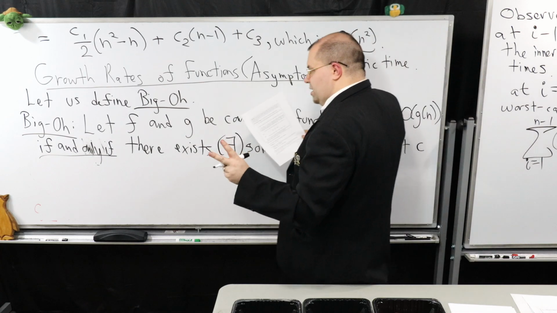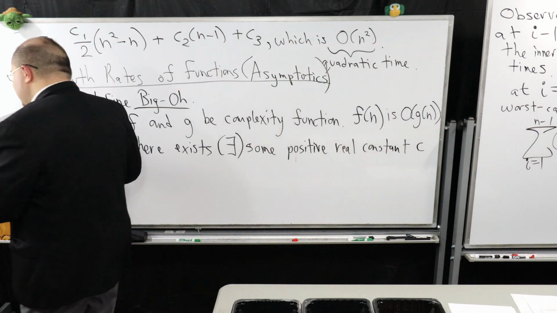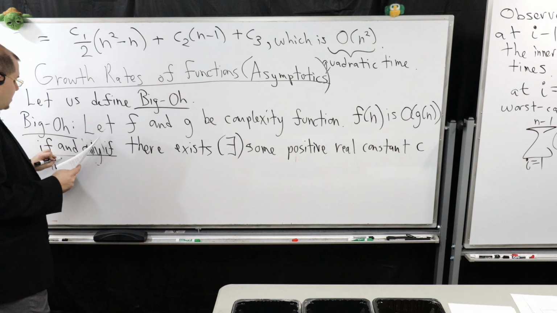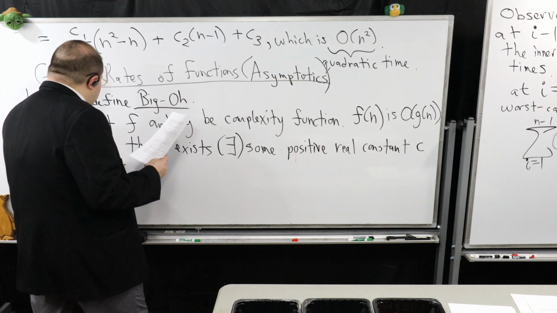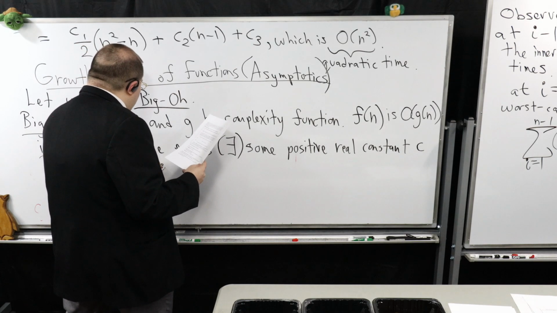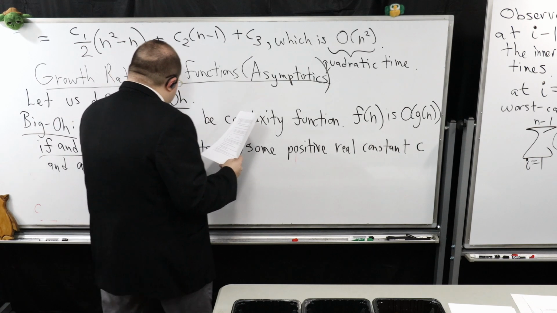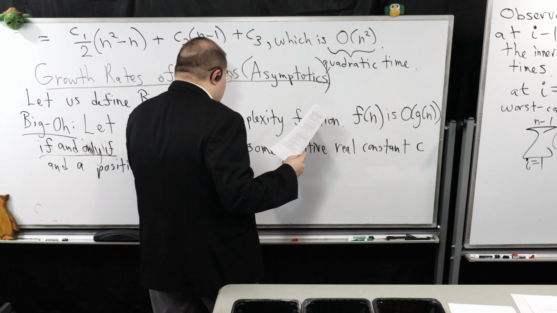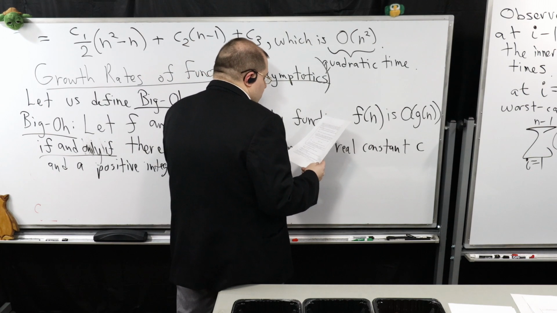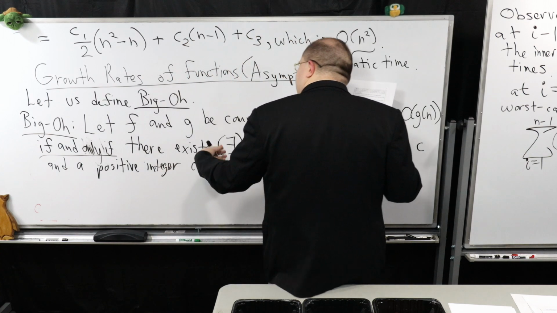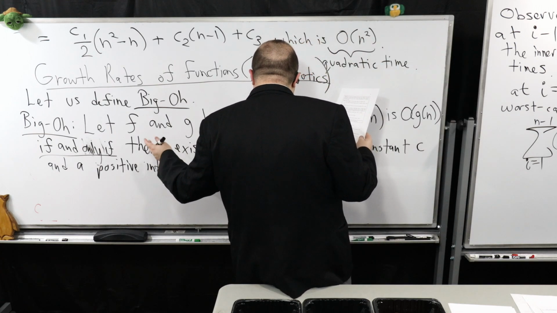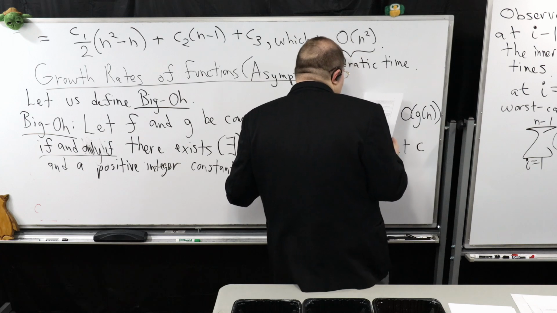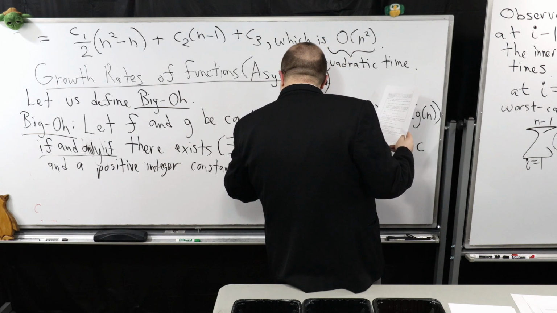So there are two constants: one called c, and a positive integer constant n0, meaning it takes on a value of 1 or more, so 1, 2, 3, some value like that, such that